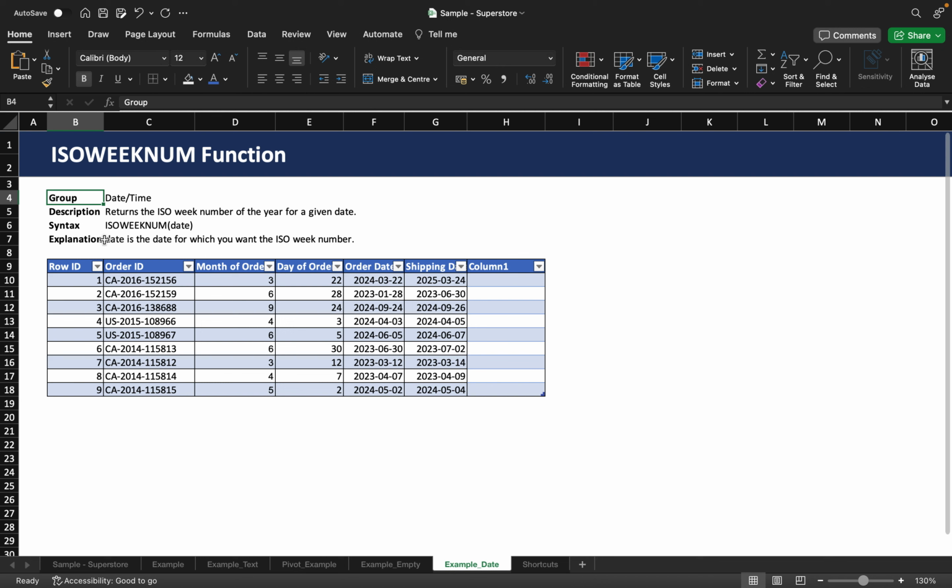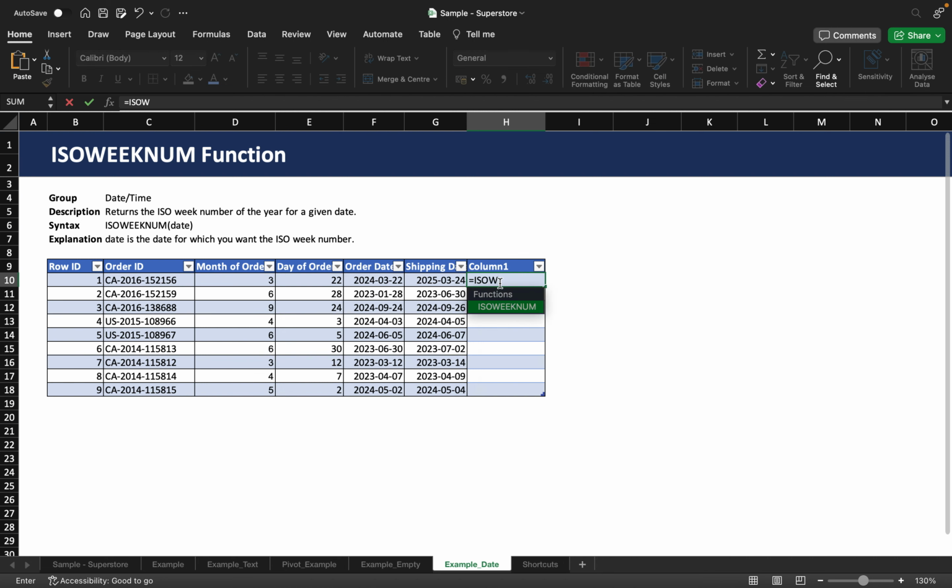The syntax starts with ISOWEEKNUM, and then you fill in the date that you want to get the week number from, and your date is the date for which you want the ISO week number. So inside our data we have the order and the shipping date, and if I want to get the ISO week number for my order dates, I start with an equal sign followed by ISOWEEKNUM, open parenthesis, I mark the date, I close the parenthesis, I hit enter, and Excel will return the week